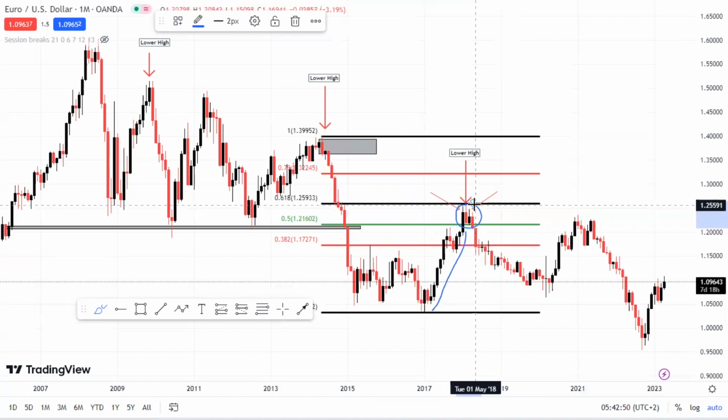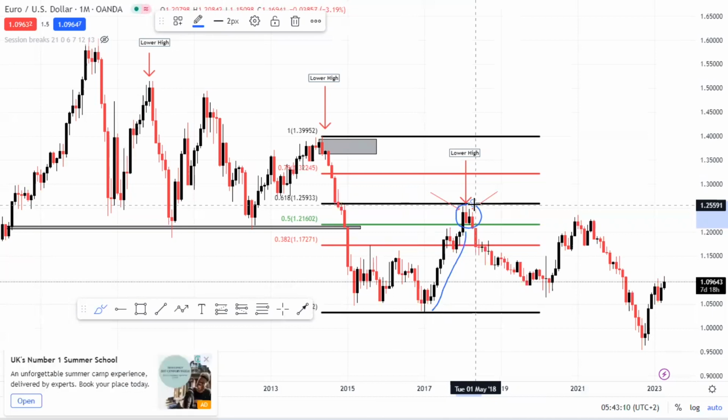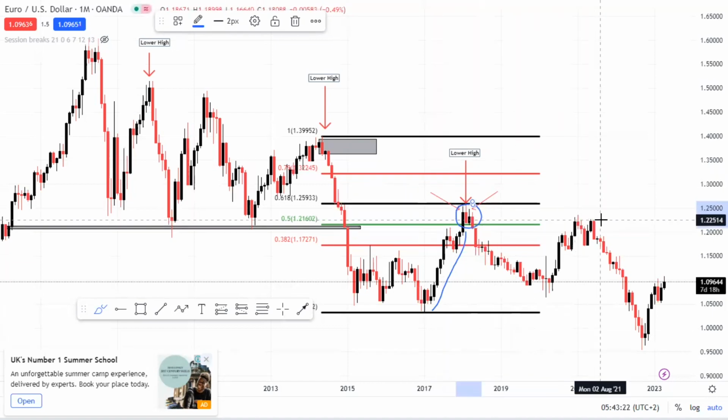What we really want to look out for in areas like this is, are we having a slowdown in bullish pressure? Are we having a slowdown in momentum? These are some of the techniques that we utilize to actually see if price is going to retrace or if we're actually just going to form a lower high before going to the upside. All right, so on the monthly time frame, we could safely say that the euro dollar is